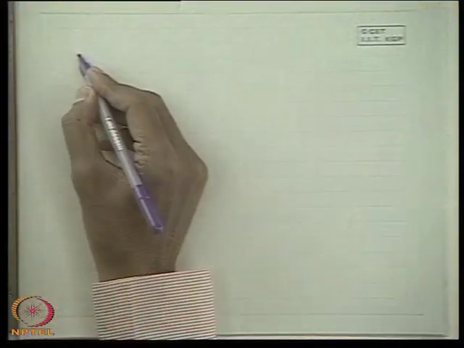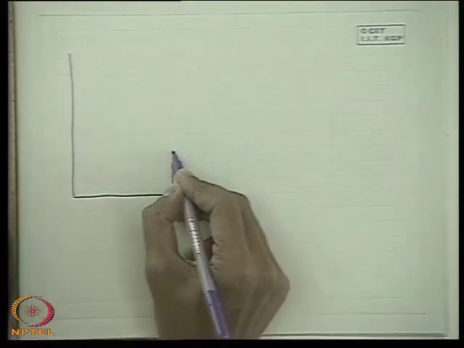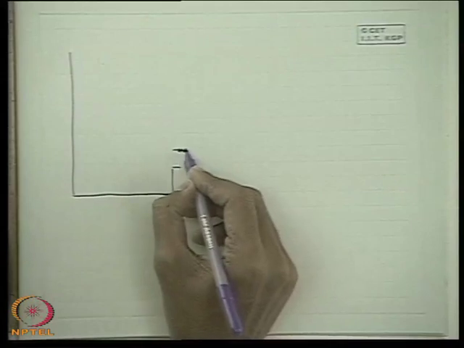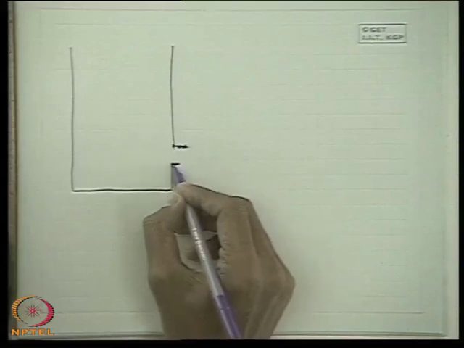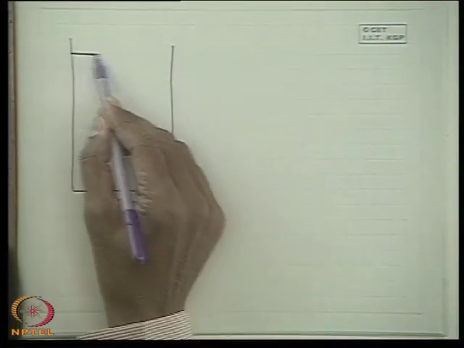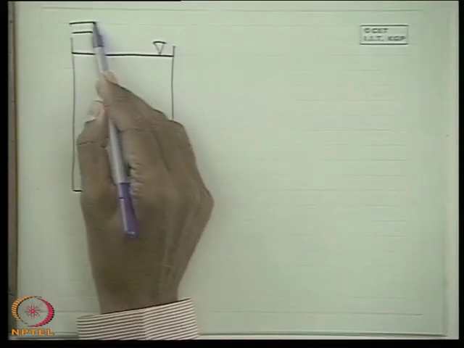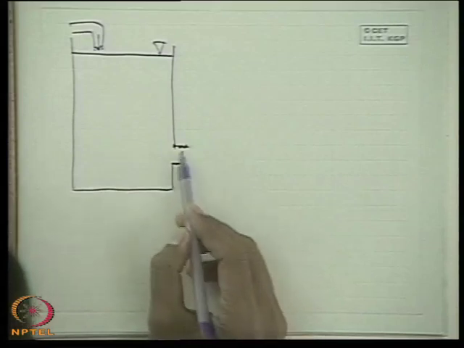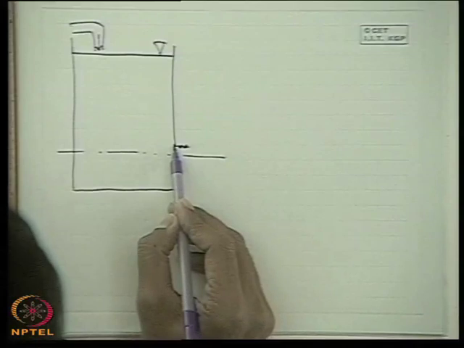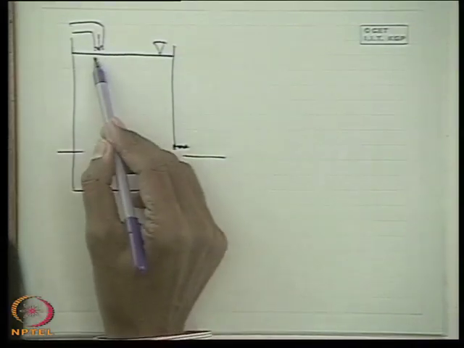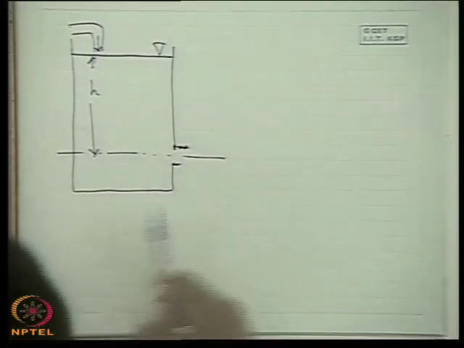Well, if this is a tank where there is an orifice at this side, sorry, this is wrong. So this is the orifice, a small hole, there is no projection, and if a constant head is maintained, through the orifice the water is discharged. To maintain a constant head, water inflow has to be there. So under a constant head means that if I consider an axis line, which is the axis of the sharp-edged orifice, then this height is h under a constant height from the axis of the orifice,